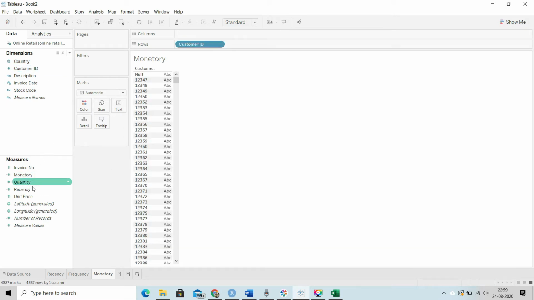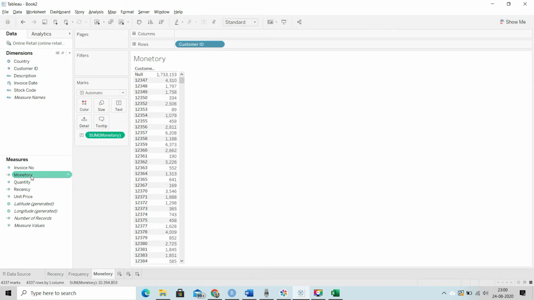So first customer ID and then monetary. Now this is giving us the correct value, because we want the sum for all the transactions related to each customer. We want the total revenue created by the customer. So that's the correct value.